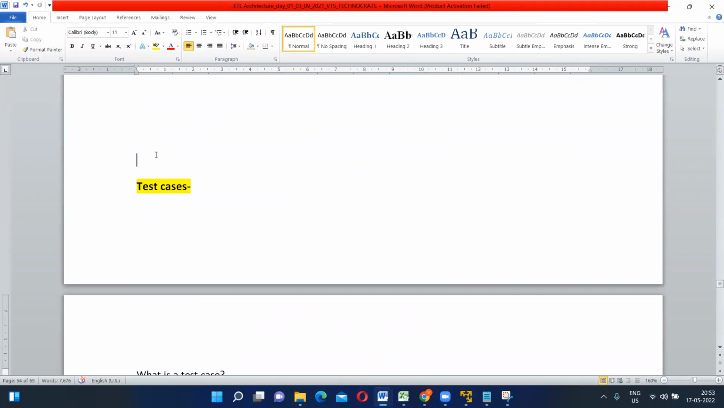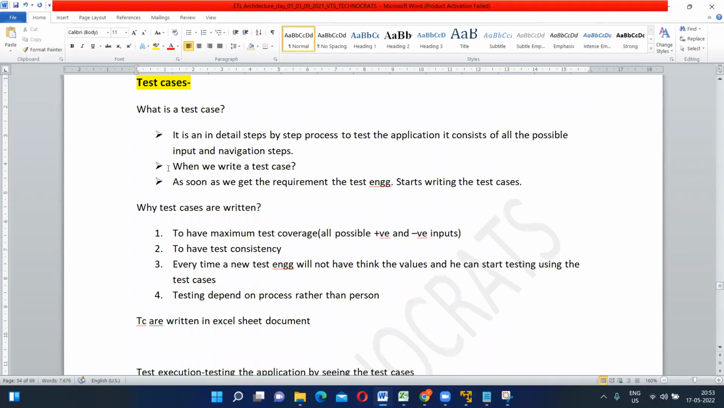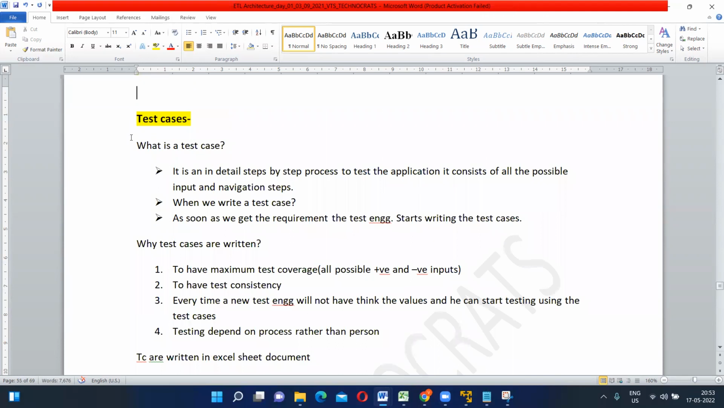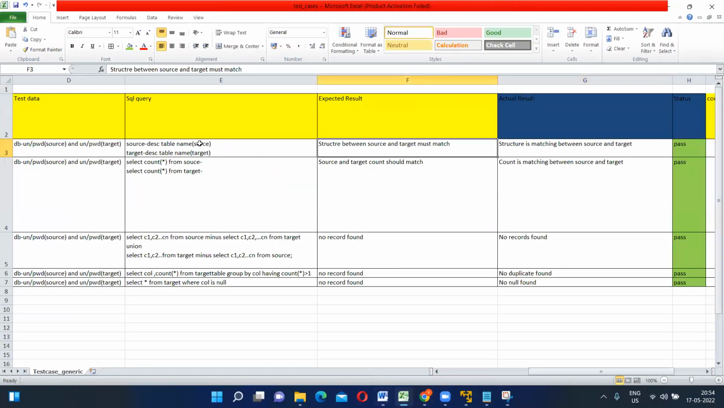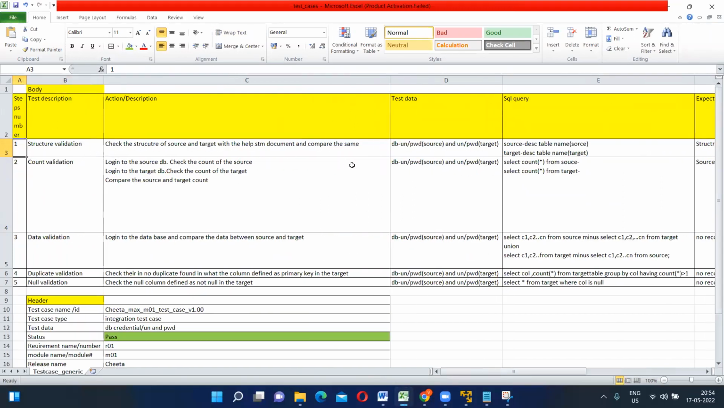This is the definition of a test case I wrote, guys. In any manual or ETL testing, the definition will be the same. What is a test case? It is an in-detail, step-by-step procedure to test an application. It is a document that consists of all the possible ways of testing an application. It consists of inputs and navigation steps. Every input, every test data, every step we have to follow, these are the inputs and the navigation steps